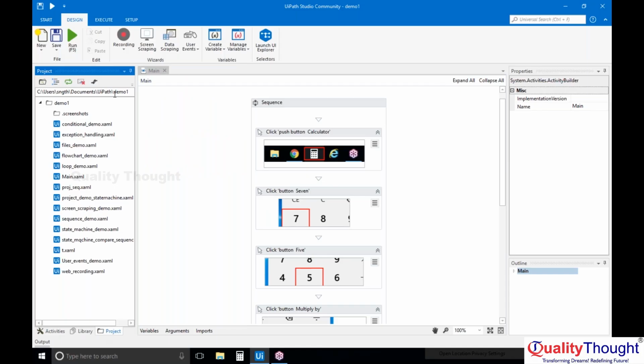So we have been looking at screen scraping and how it is done, and what the advantages and disadvantages of it are. The next thing that we have is data scraping. But before going to data scraping, let us look back at our screen scraping and do a recap of what we have seen. Today we are going to see screen scraping and data scraping, after which we have a session on database